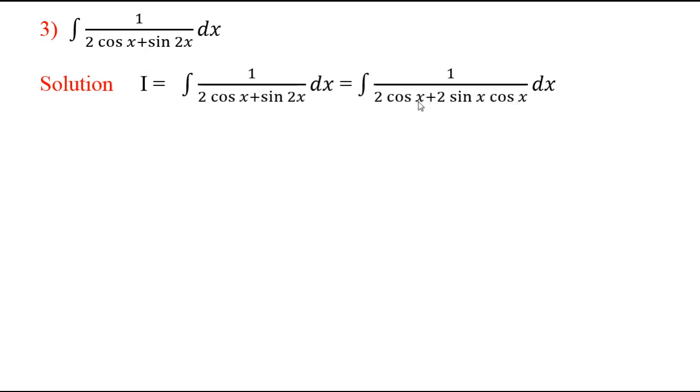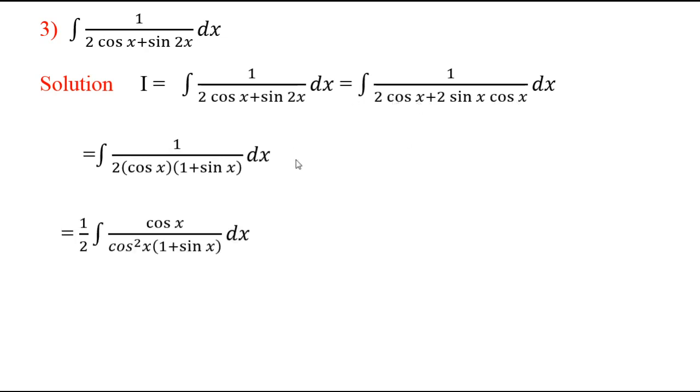Then we take cos x common. Then we multiply numerator and denominator by cos x. Why multiply by cos x? Reason is